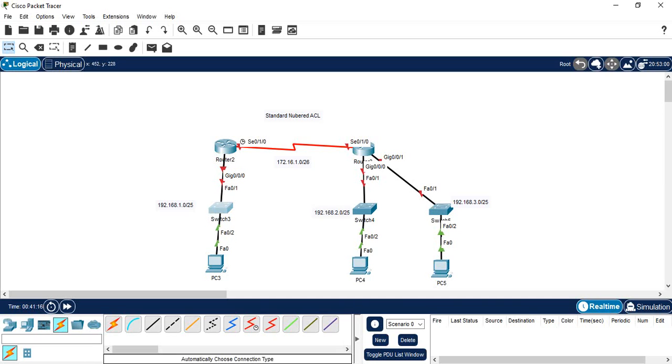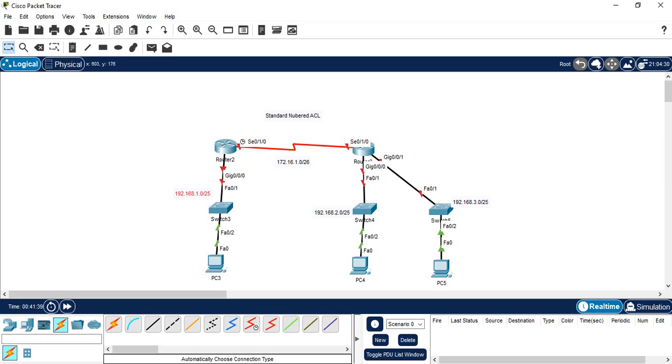In this first router, there is the 192.168.1.0 network, and in the other router, there are two networks connected to it, the .2 network and the .3 network. So what I need to do right now is